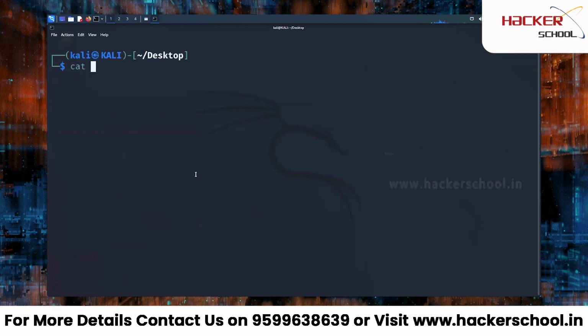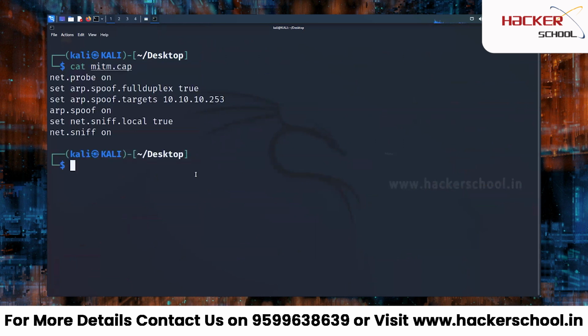We created a caplet, and that caplet contains all the commands that we can use to start ARP poisoning on the target. And after loading this caplet, using which command? sudo bettercap -iface eth0 -caplet with the caplet name, right? So once done executing this,